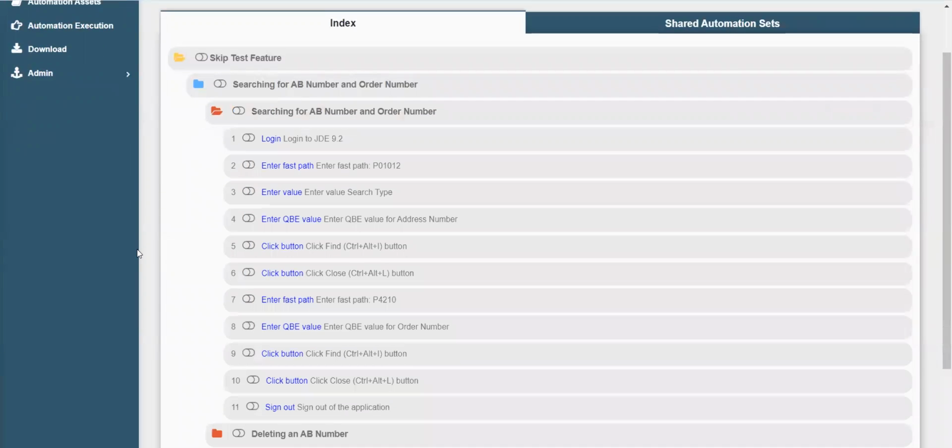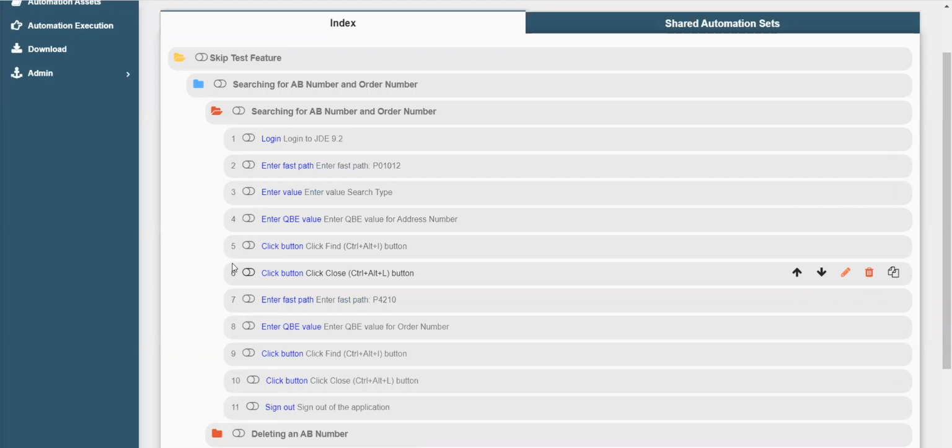Now let's see how to enable or disable the skip feature in the test step level. The icon which is present in the left side of the test step name is called Skip Test Step icon. Clicking the Skip Test Step icon will change the corresponding test step from normal mode to the skip mode. Again, clicking it will reverse it from skip mode to the normal mode. You can actually use the skip feature in the test step level if you need to skip very few test steps under a test case.